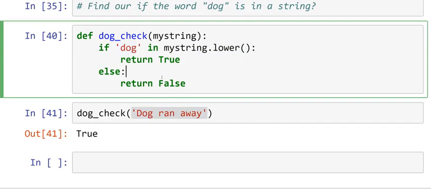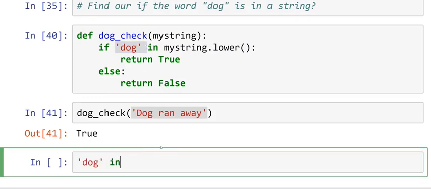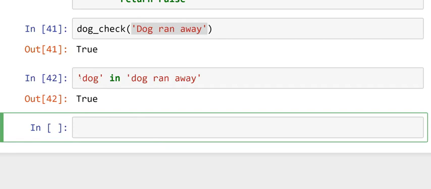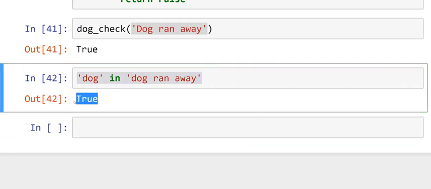And we can actually improve this function further. In fact, I would say that the way the function is written right now is basically one of the key indicators that whoever wrote this is still a beginner in Python. And the reason is this. Dog in my string dot lower itself is a Boolean. And I want to show you what I mean by that. I'm going to copy this. So we'll say dog in dog ran away. So when I run this, this statement, this in statement by itself, is already returning a Boolean true or false,